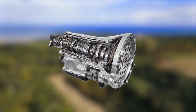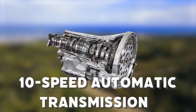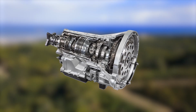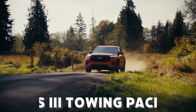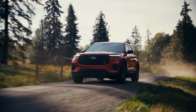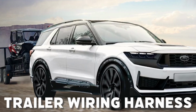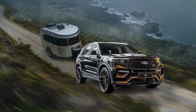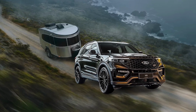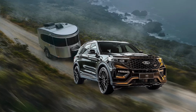Both engines pair with a refined 10-speed automatic transmission that provides smooth shifts and keeps the engines in their optimal power bands. Every Explorer comes with the Class 3 towing package as standard equipment, which includes a hitch, trailer wiring harness, and trailer sway control system. With a maximum towing capacity of 5,000 pounds, the Explorer remains ready to haul boats, camping trailers, or other recreational